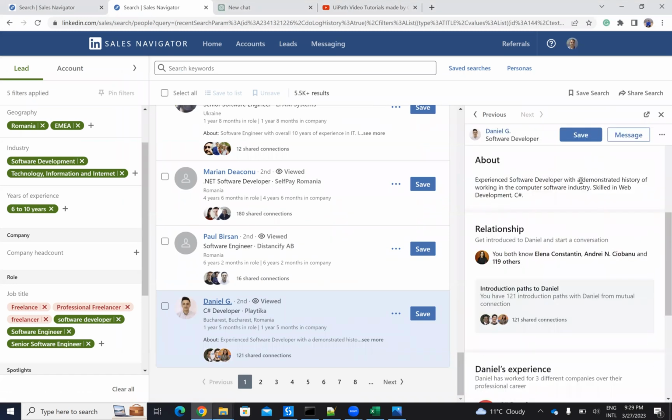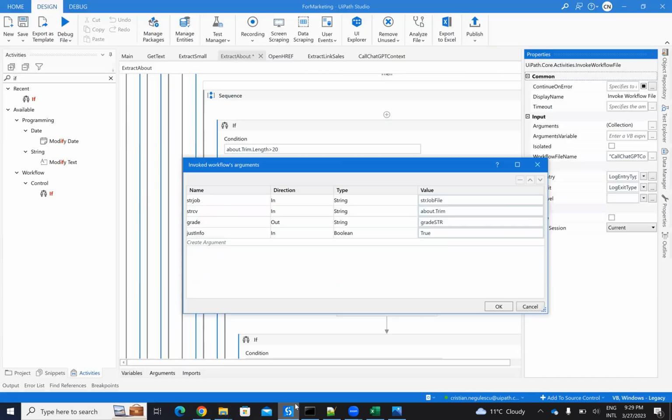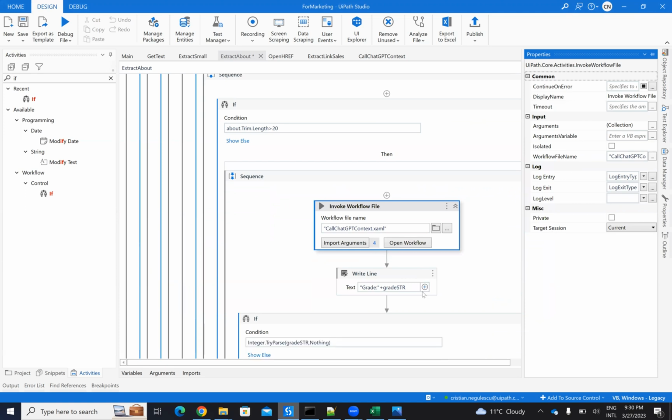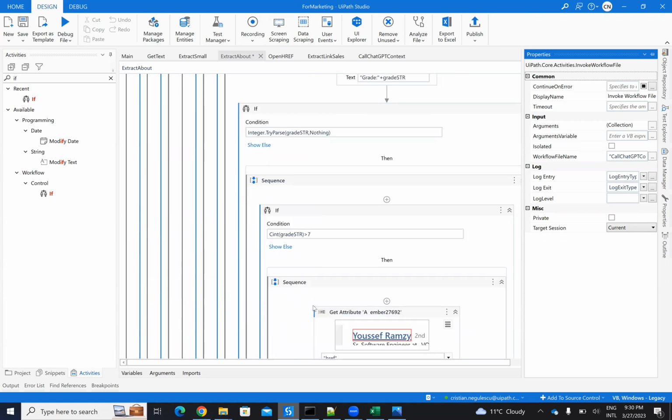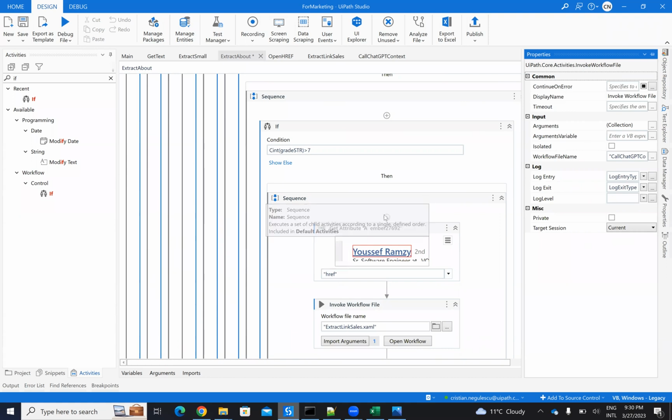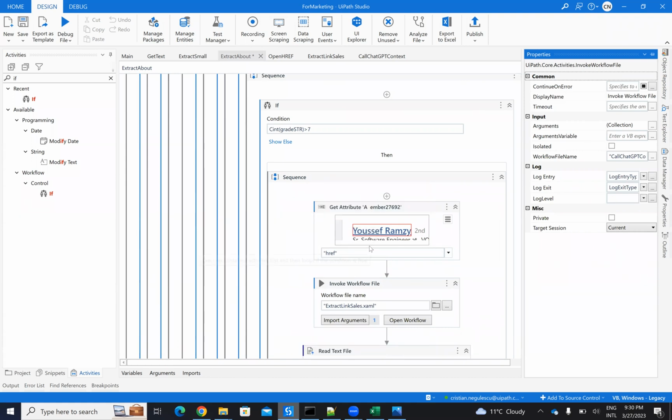What I read from here is from his experience, from about. So I will compare this about with the job, and ChatGPT will provide me a grade. Based on this grade, I will first ask if I have a grade. If it's an integer, then I will ask if this integer is higher than 7. If it is higher than 7, then I will extract the